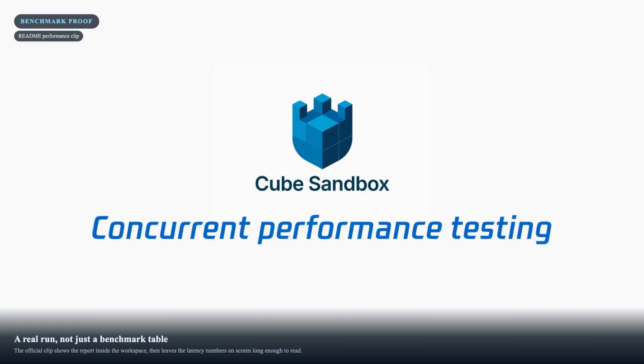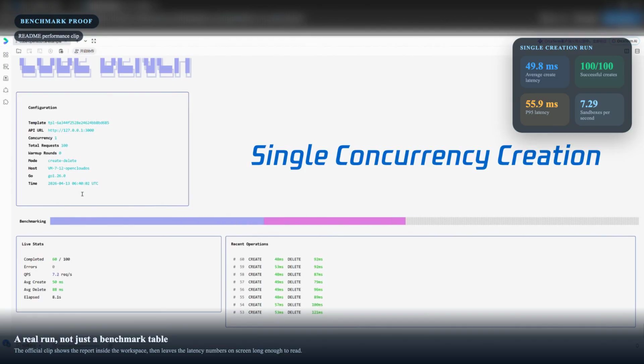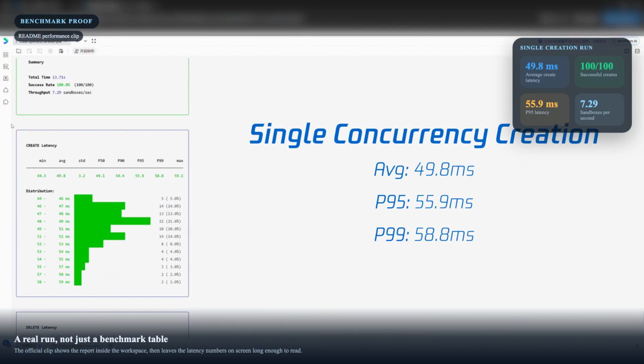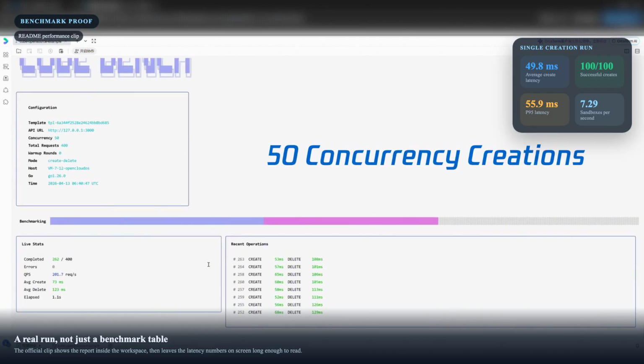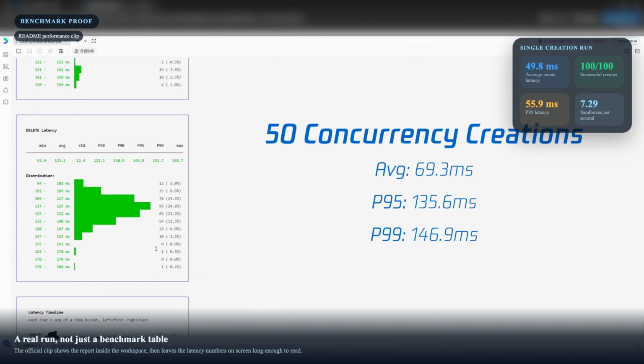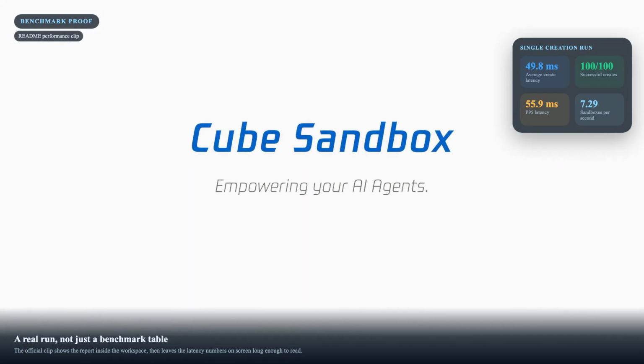This benchmark clip is the cleanest proof shot in the pack. The title card says concurrent performance testing, then the dashboard settles on the single creation run. 100 successful creates out of 100, average create latency just under 50 milliseconds, and the P95 still in the mid-50s. That makes the startup claim feel grounded instead of decorative marketing. And because the run is shown live inside the workspace, you can watch the report finish instead of trusting a